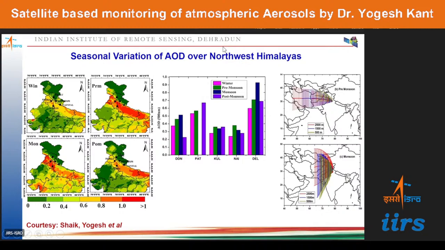Because from the air mass trajectories, that is the air masses which are traveling from there to this region, we can calculate, and then we can justify that this aerosol loading is due to the air masses which are coming from this region. So the air trajectories help to validate our results.